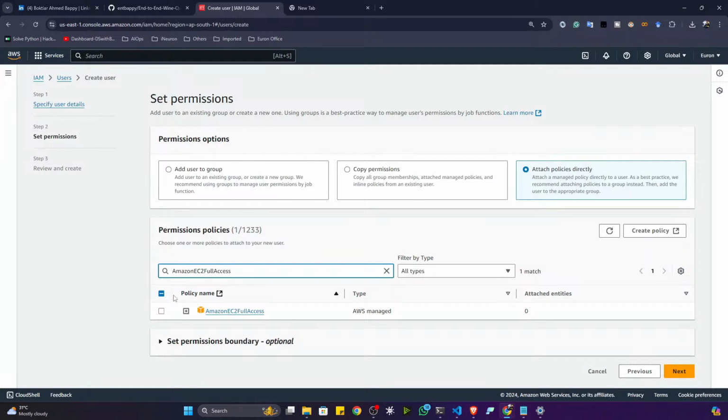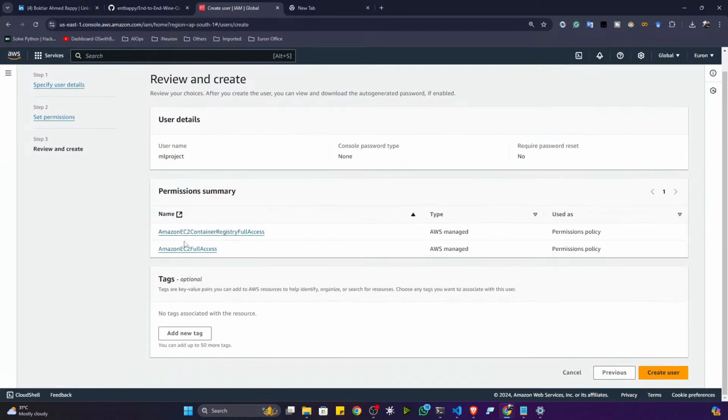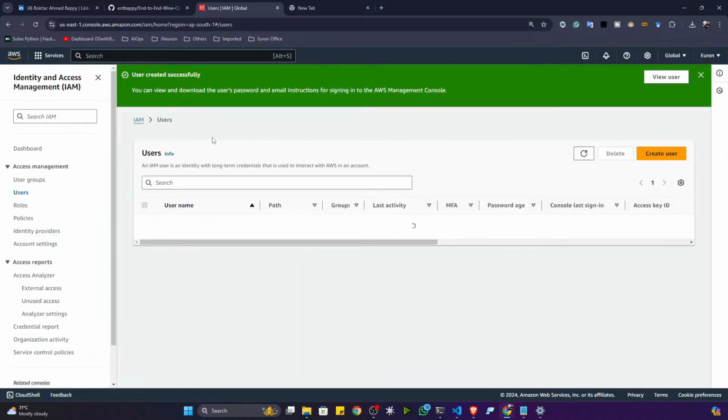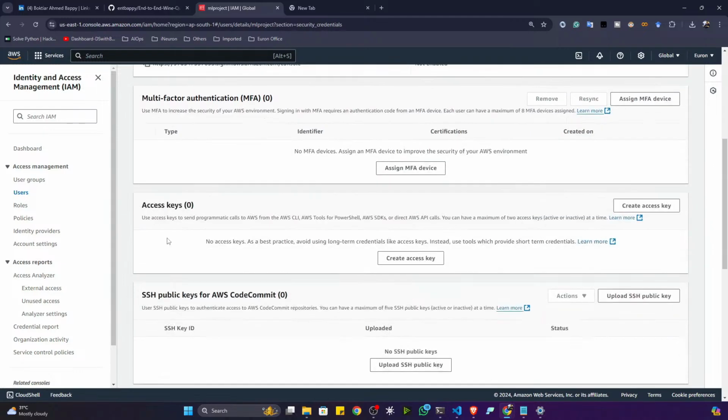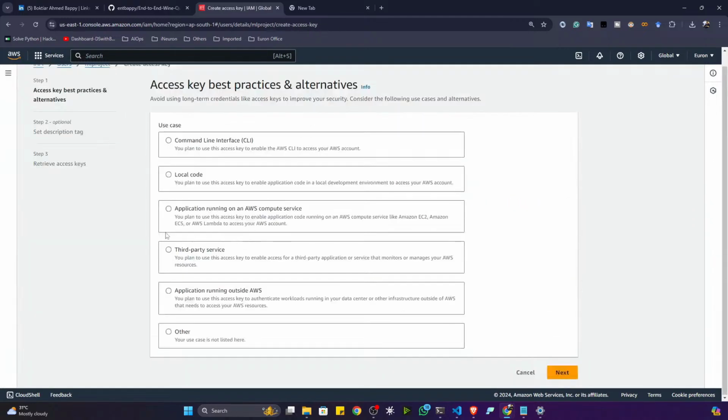So search here and try to give the permission and simply click on the next. I'll see that two permissions I have added. Now I'll create the user. Now the user is created. Now click on the user, go to the security credential, go to the access keys, select